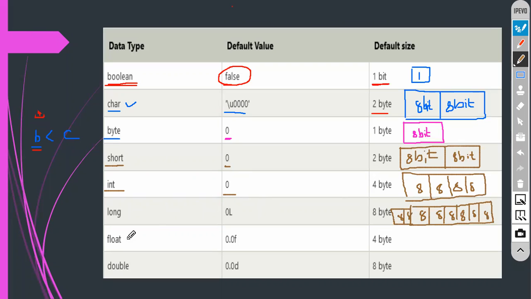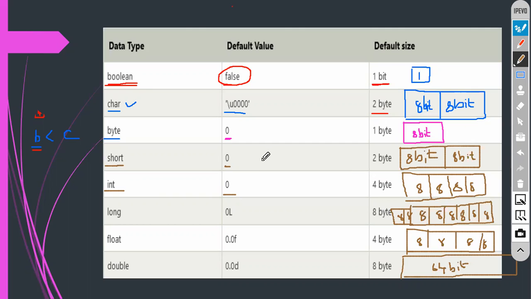Now you are going to understand one more, float is there. I am going to write that one also. So in the RAM, how many bits? 32 bits here also. 8, again 8, again 8, again 8. Totally 32 bits of memory it is consuming. Again here also the same thing. Double is how much it is going to consume? Totally 64 bits. I will write here: 64 bits of memory it is going to consume.